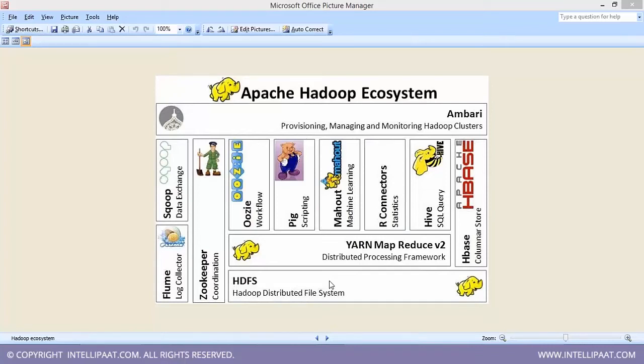For example, if I have 1,000 records in a file, I may distribute them across four servers, keeping 250 records on each data node. The reason I'm distributing my data is so that I can run the process on each block, each slice of this data, in parallel.